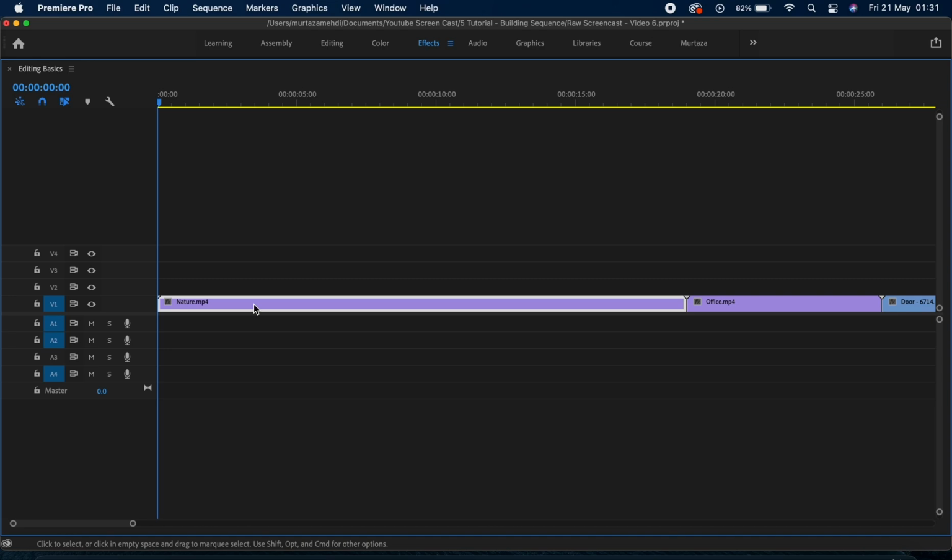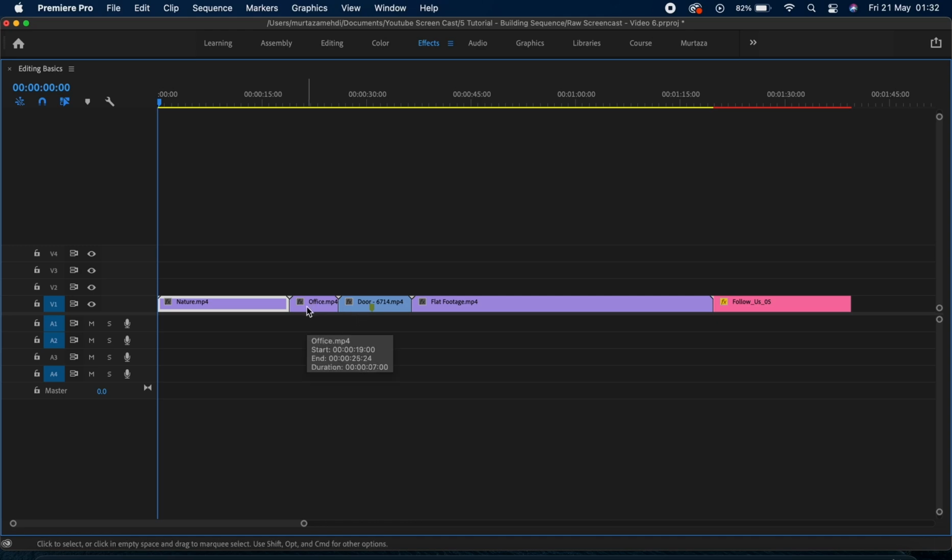Now if you've got multiple clips on your timeline, you can also use the backslash key, and the backslash key is actually going to fit everything. It's going to try to fit everything within the space on your timeline. Now there are up and down arrow keys as well, which are going to move you to different edit points